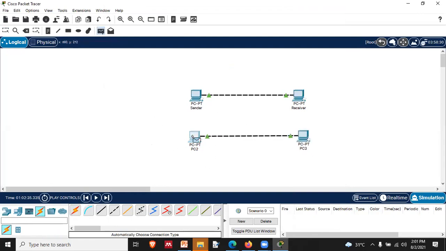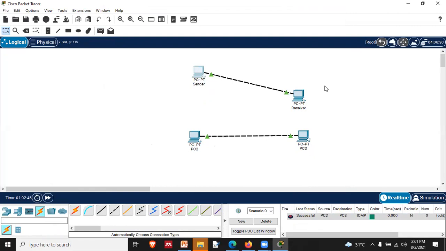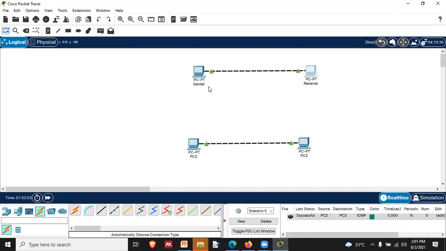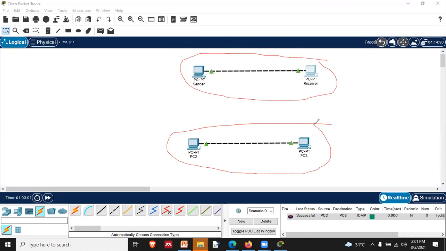Now if we want to check whether the same module is working or not, in real time. This is one network with 2 devices, this is another network with 2 devices, right? And if we connect these two, then it is called internetworking. This is one network, right? This is one network. This is another network, right? So if we connect these two networks, then we can call it internetworking in this sense.